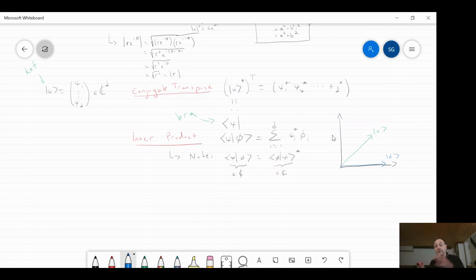What does it measure? Well, it's a measure of the overlap of these two vectors. What do I mean by that? It basically means that if you take this first vector and you project it down onto the second, it's the length of this distance here. So it's trying to understand how close these two things are. And of course, if these are really the same vector lying on top of one another, then you'd have a very long projection. And so this gives you a notion of how similar two vectors are. And we're going to use that in a second.